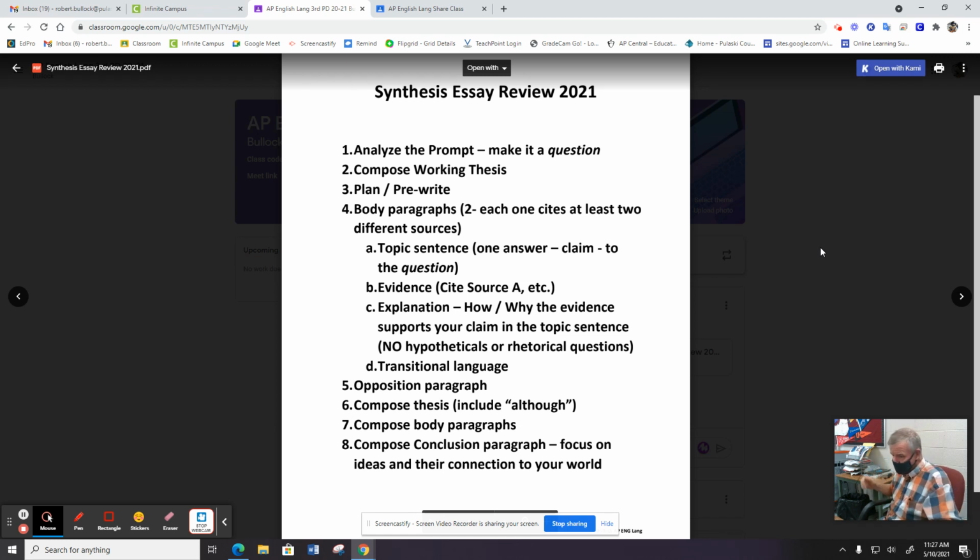So, the good news is, and this is something that all of you need to be aware of, folks, look, if you average like a 3 on your essays and get maybe 55% of the multiple choice, maybe even 50% of the multiple choice right, you're probably going to pass. I don't know yet because they've never had this whole thing before. But based on what they used to do and how the averages would work out, I'd say if you can get an average of 4 on your essays and get 50% of your multiple choice right, you're going to pass. That would be my guess. Now, don't hold me to that because I don't know.